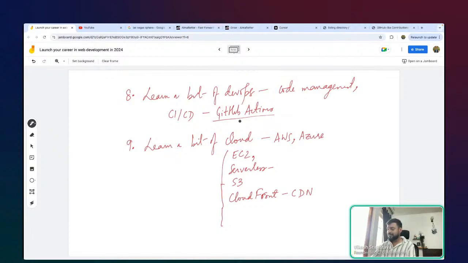You will have SQS for queuing, Pinpoint for sending notifications, and maybe CloudWatch for monitoring. There are tons of them, and of course I don't want to go into the detail.